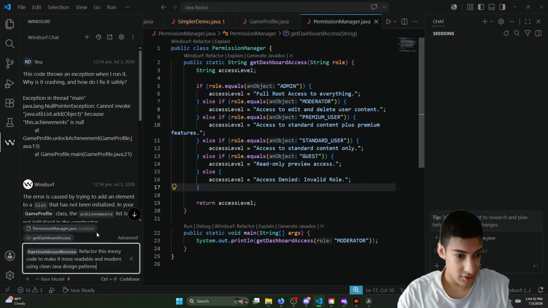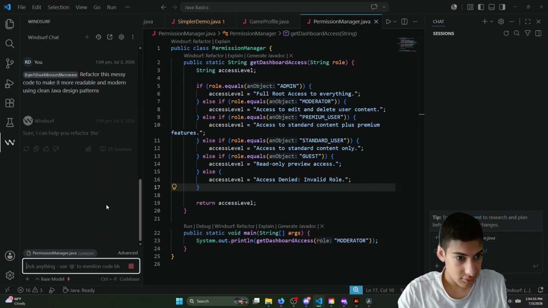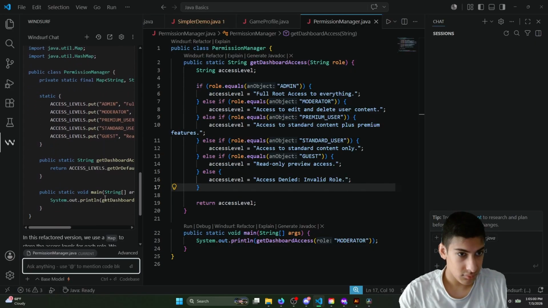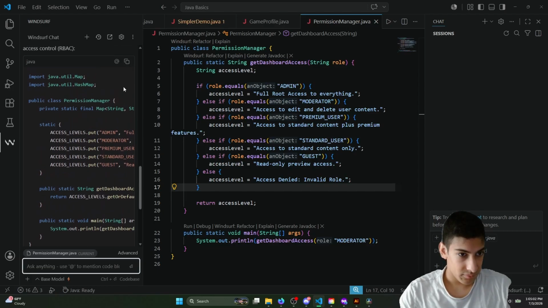And so now we can ask it to refactor or rewrite this code to make it more readable and more modern using clean Java design patterns, because we want it to be more easily comprehensible by others who are looking at our code. So now we can send it, and now you can see